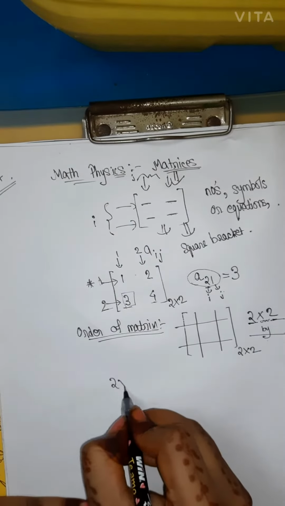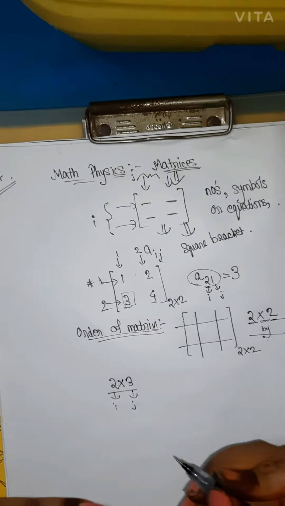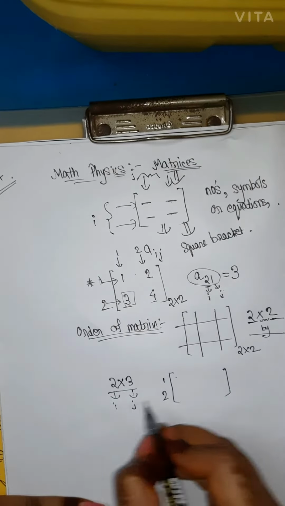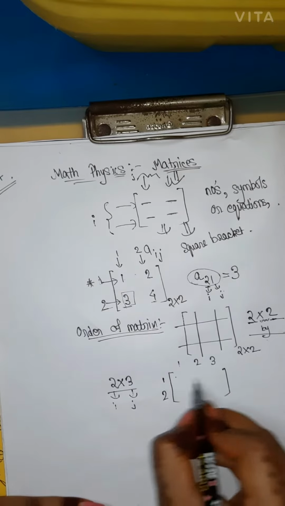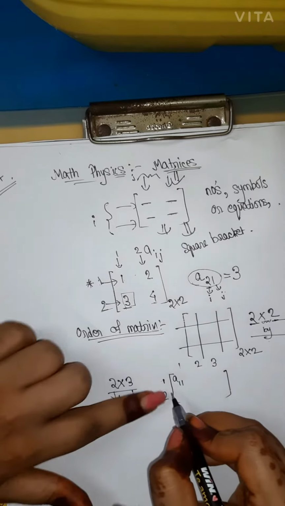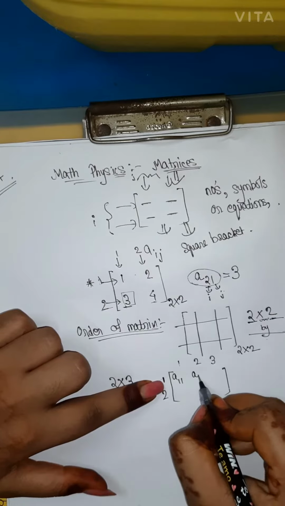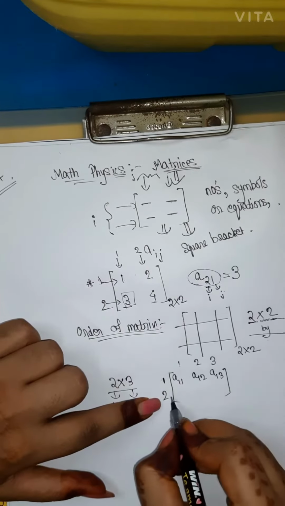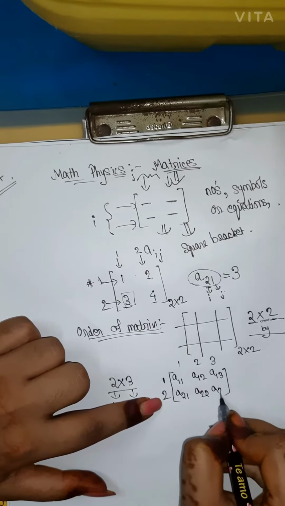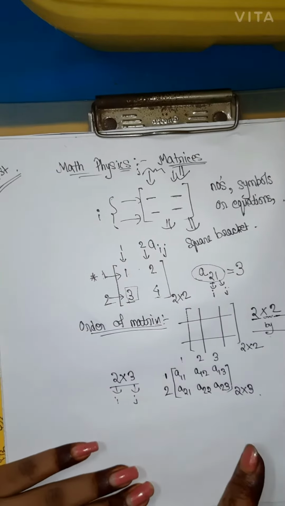Now if I say a 2 cross 3 matrix, this will be the row number and this will be the column number. So 2 rows, 1 and 2, and 3 columns, 1, 2 and 3. So we will write the elements, it will be better to understand also. So this will be A11. For the first row we will have the first row element and all the column elements A12 and A13, and similarly for the second row A21, A22 and A23. So we will have a 2 by 3 matrix. You can have any other.